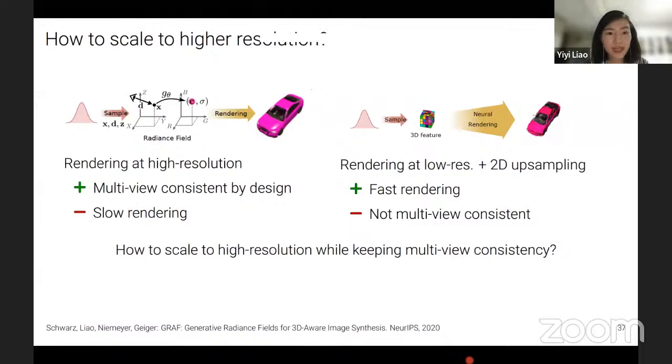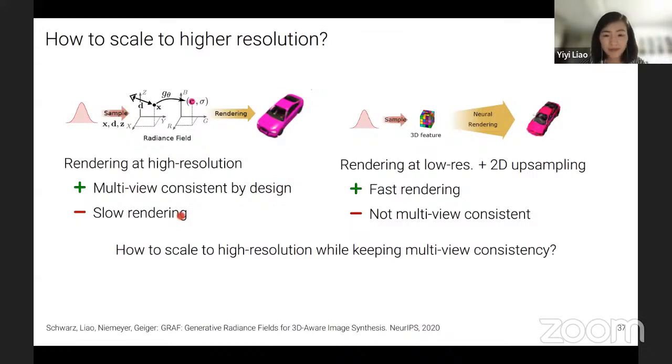So we were also thinking about what is limiting the performance of GRAF. We observed that the patch discriminator is kind of an obstacle for really making it high fidelity. So let's take one step back and think about this problem again. In GRAF, we directly render at the full resolution, however, it has slow rendering, which means it's also very slow for training and has large memory